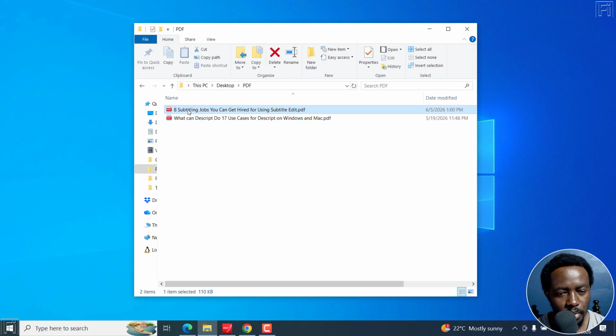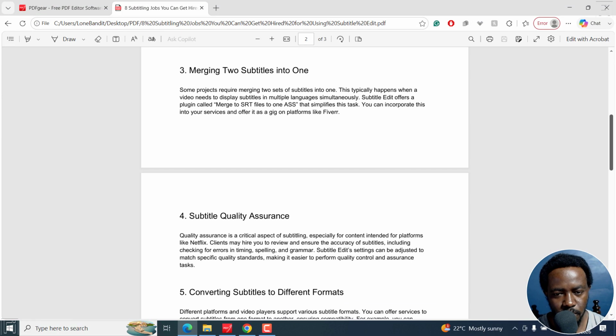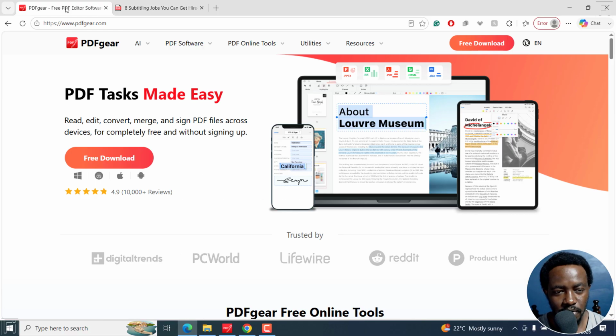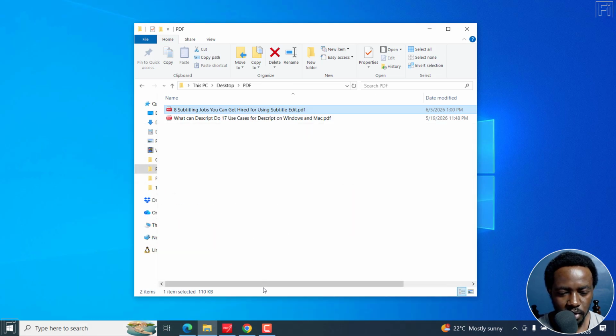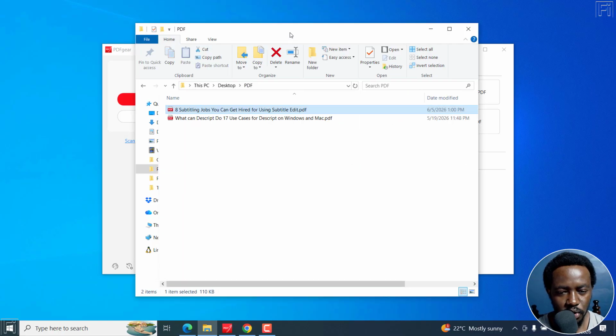Now, I've got a PDF with me here and you can see it. It's about 3 pages, and let's assume I want to split it into a single PDF per page. For this video, we're going to be using PDFGear, as I've mentioned, and it's available for Windows, macOS, iOS, and Android. Now, I'm going to open up PDFGear because I've downloaded and installed it, and then I'm going to